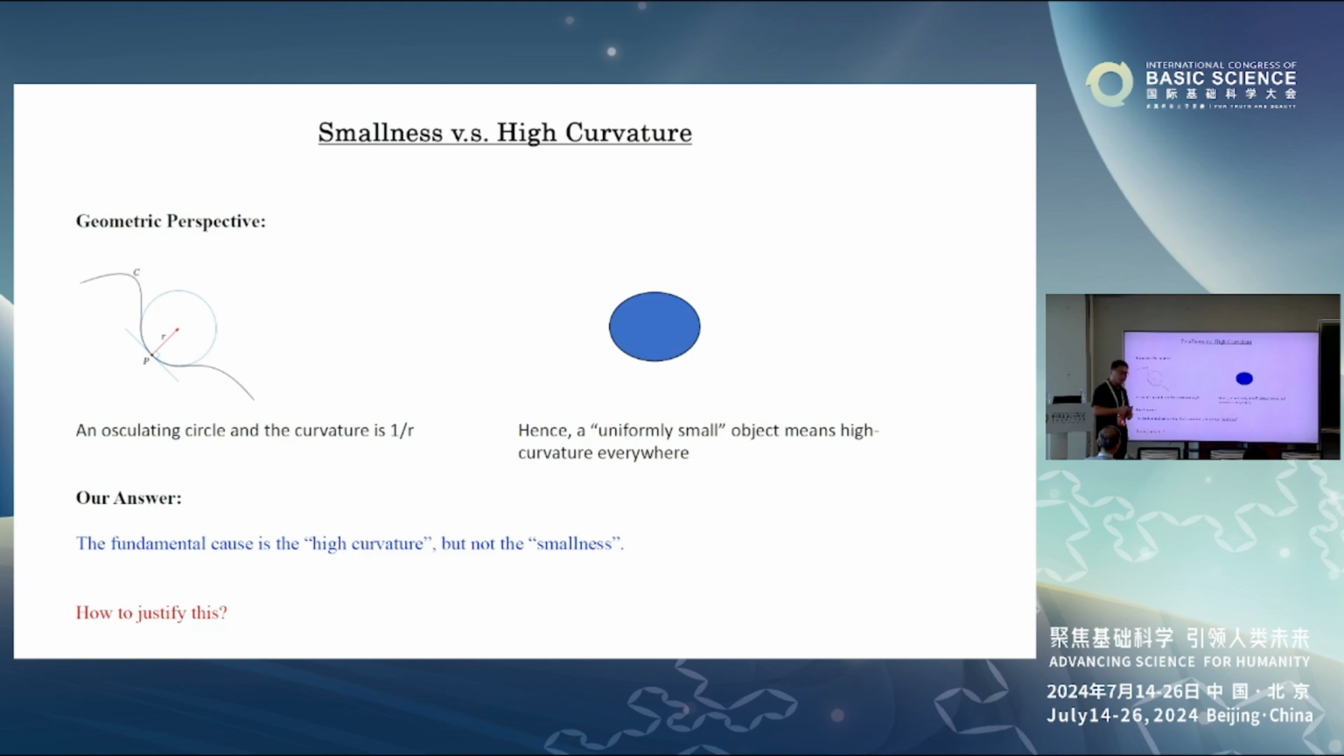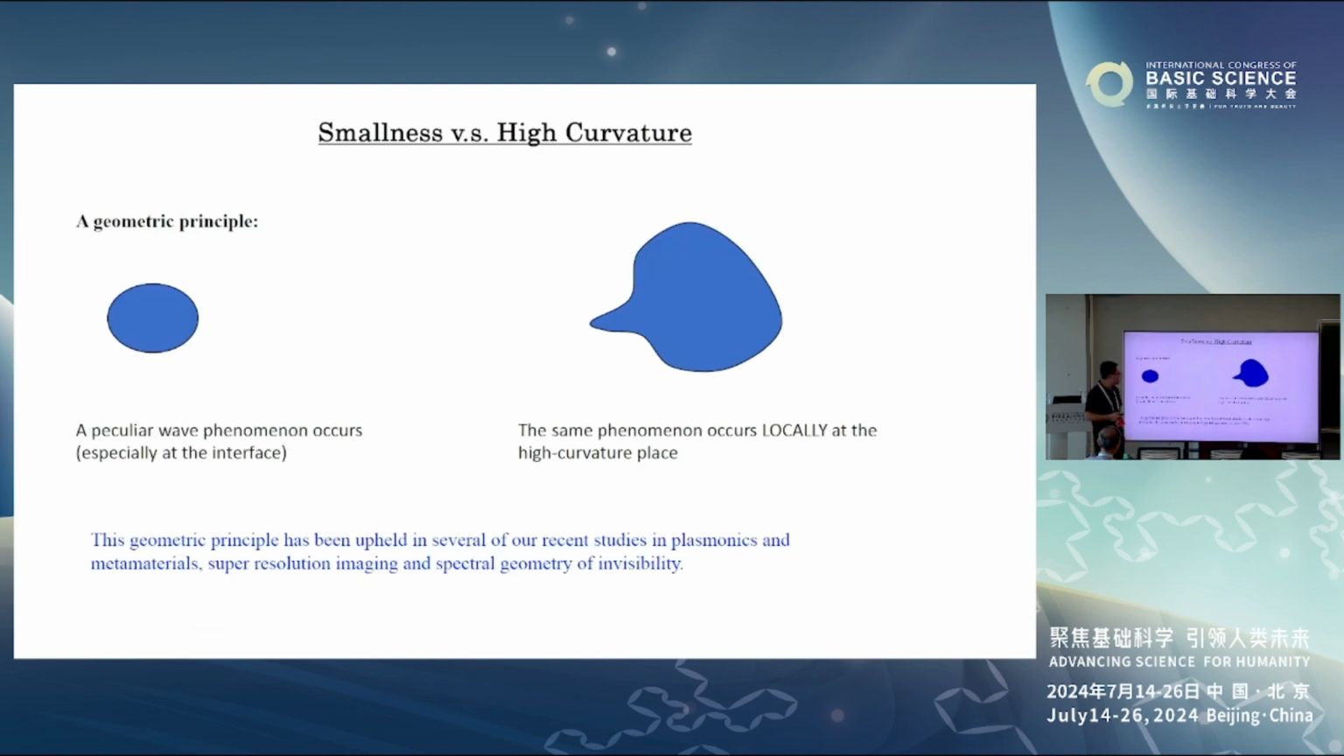But how to verify this? This is our strategy. Let's say a peculiar wave phenomenon occurs, especially at the interface, and it depends on the geometry. It occurs in the small scale, but now I want to verify: we are going to prove that the same phenomenon occurs in the big size, but only locally around these high curvature places. If we can prove this, that means it is indeed the high curvature